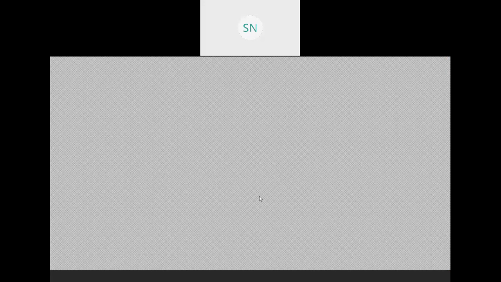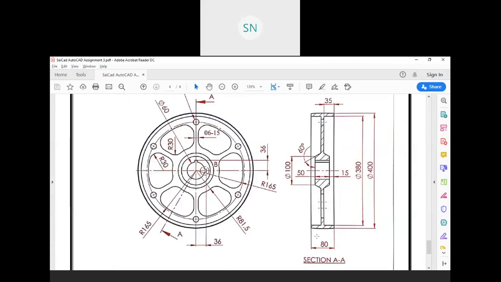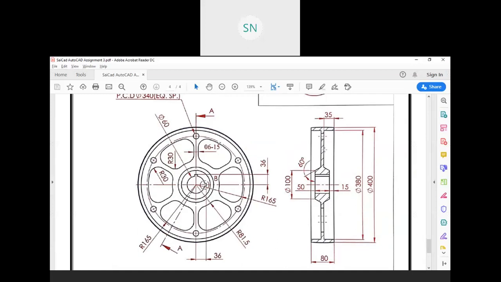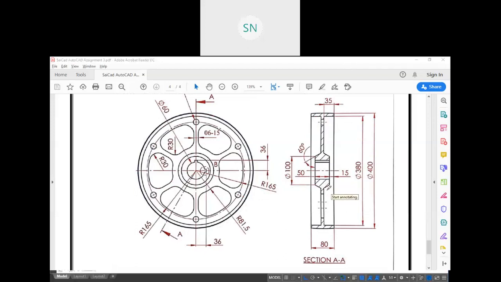Okay. And then we have a 60-degree angle, and here we have 35, and the total is 80, so 80 minus 70. That means this center piece has a 10 thickness, right? You have to calculate this, it is actually not given. See, the total width we have is 80 and this side width is 35. So 35 over here, 35 over here, so total 70 is there. So remove this 70 from this 80. So this thickness is 10.